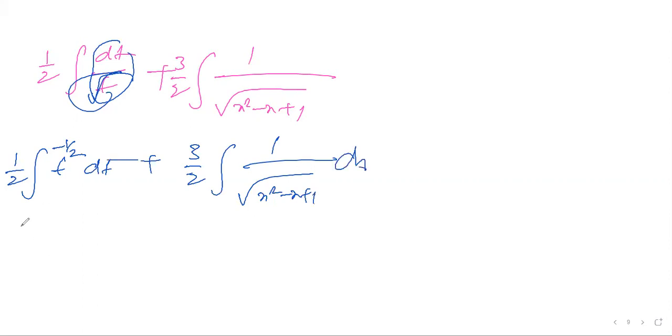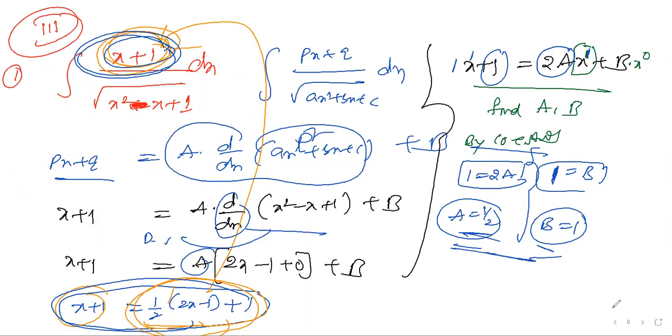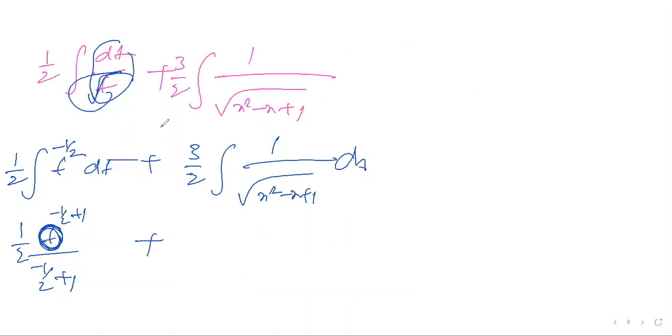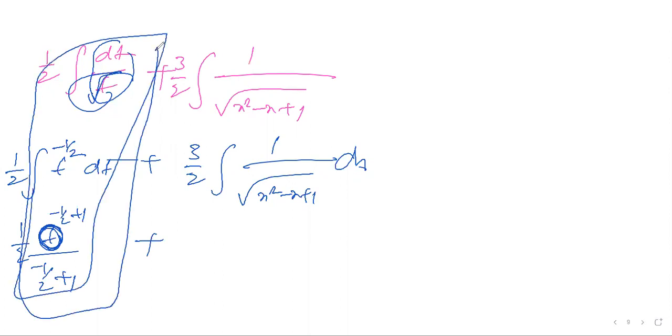Okay, so I think you know: t power n plus 1 by n plus 1, so t power minus 1 by 2 plus 1 by minus 1 by 2 plus 1. After simplification, what is the value of t? What is your assumption, t is equal to? What did you assume just now? T is equal to? Okay, this you substitute after you get the answer on the left side. Do you have any doubt now? Clear?